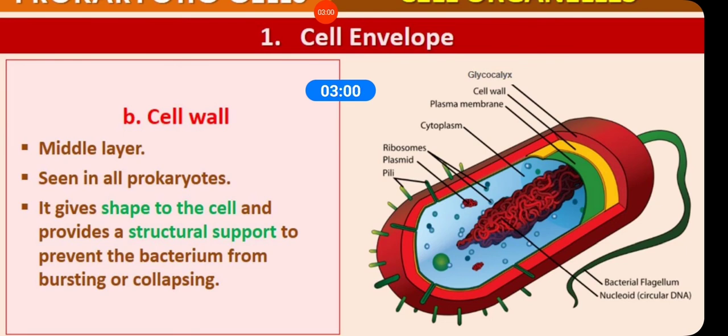you can note it down, that it is made up of peptidoglycan in eubacteria as well as in the cyanobacteria, and it provides a solid covering to the cell. Now there are various functions of the cell wall. It prevents the cell from bursting and collapsing. It allows the material to pass in and out of the cell, and it does not allow the attack of the pathogens. And it provides mechanical support to the cell against gravity.